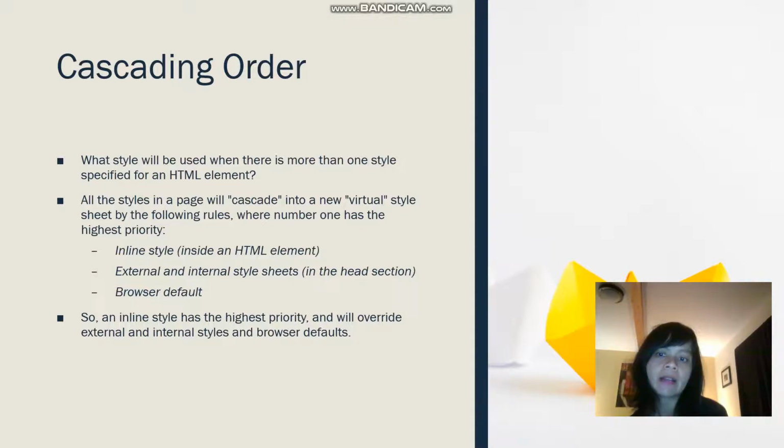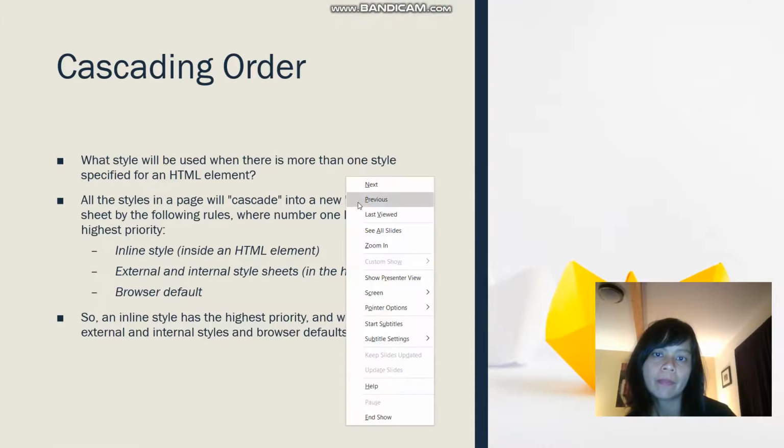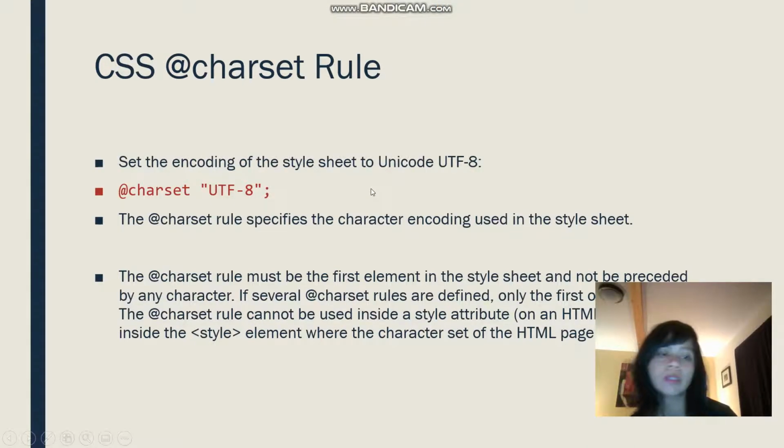So an inline style has really the highest priority and will overwrite any external or internal styles or browser defaults. Okay. So the first thing we're going to learn when creating an external style sheet is setting the encoding of the style sheet to Unicode UTF-8. So this must be the first,